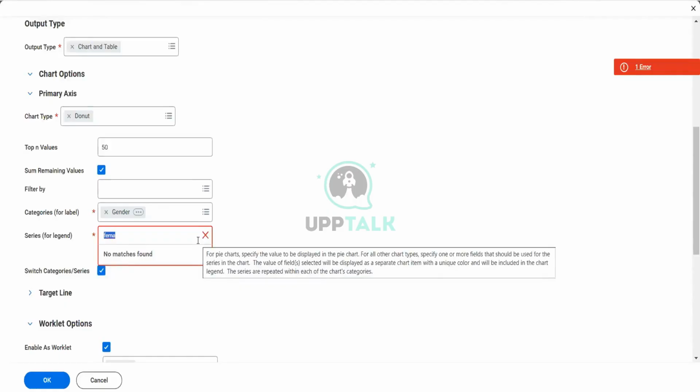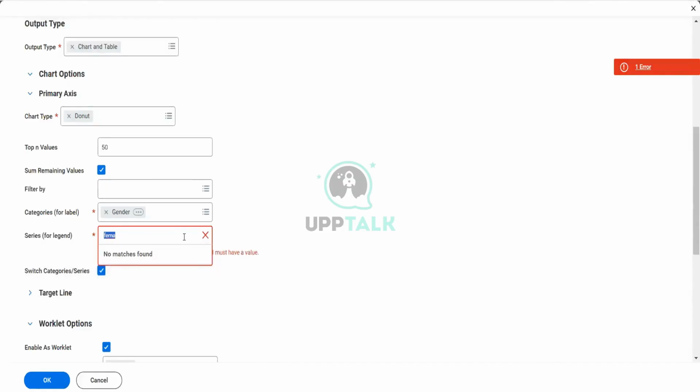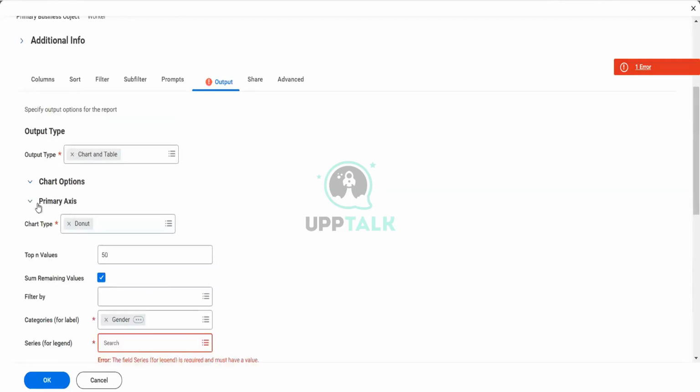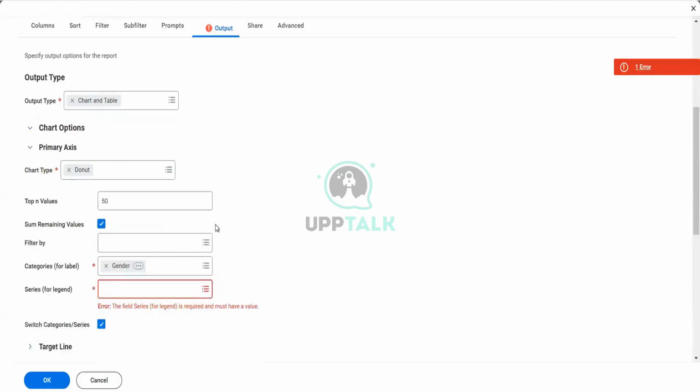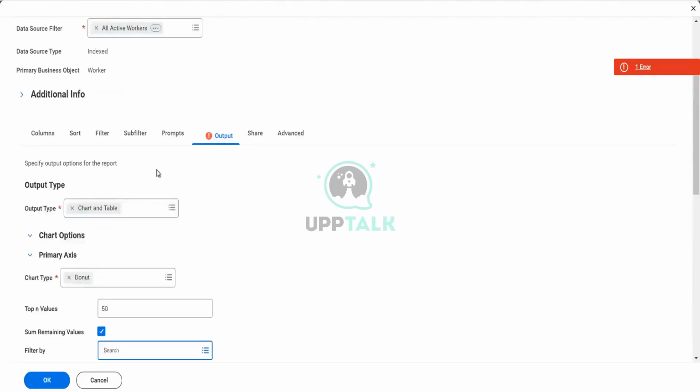Specify one or more fields that should be used for the series in the chart. The value selected displays activated, doesn't. Let's leave this. It's not working. Filter by, it's not working. I need to check on this chart interval function. For the time being, we just